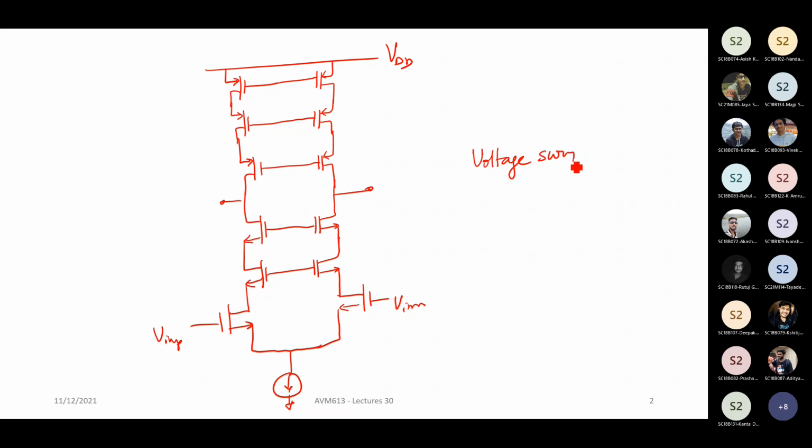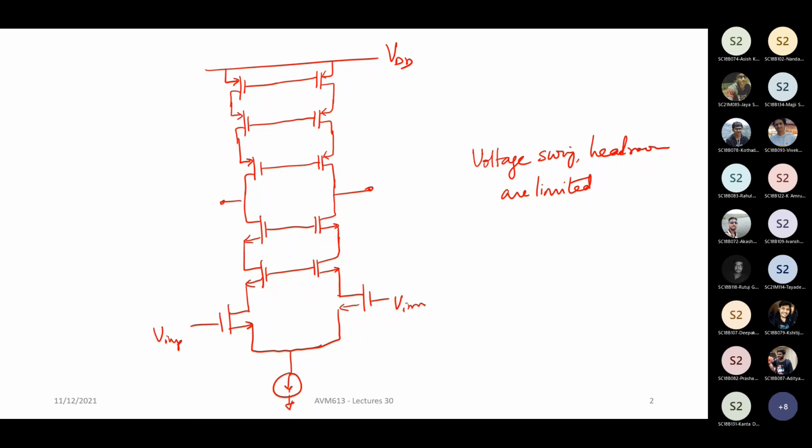Voltage swing and headroom are limited, and of course it will also limit your input common mode range and all those things. So this becomes a very big pain, unless you have very large supply voltages, say in a very older technology node where you use a 5-volt supply. There you probably have a little more voltage headroom where you can allow your transistors to swing.